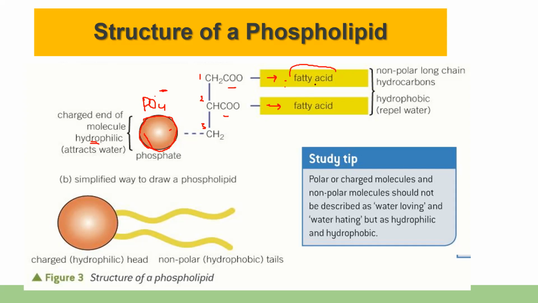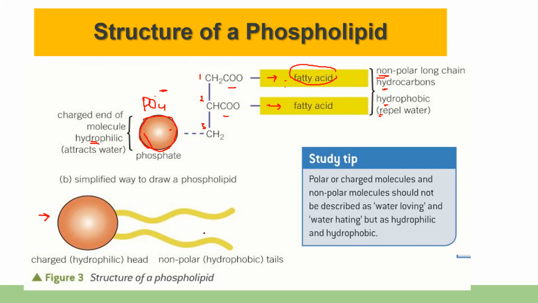And because of the fatty acids, they have this carboxylic group. This part would be non-polar, and they have these long hydrocarbon chains. So this part would repel water. This part would be hydrophilic. And here generally, simplified versions are drawn like this. So the phospholipid head, and these fatty acid chains, which are hydrophobic. So this is the structure of a phospholipid.